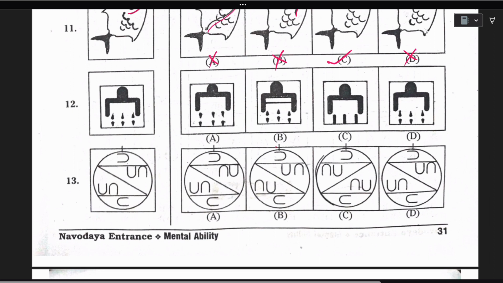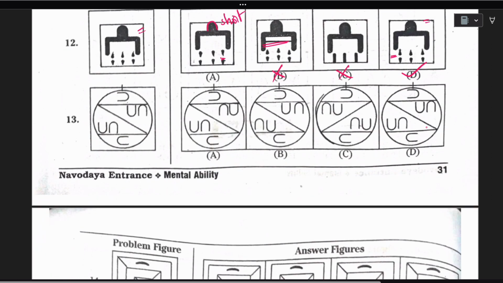Here in this 12th question, this B is having this extra line, so it is eliminated. And here there are 6 figures, but in C there are only 3 figures, so C is also eliminated. So we will be checking A and D. Just compare these figures and check which one is correct. Okay, here these dots are a bit different, and also this head part is short, not exactly like the question. Here see, D is exactly matching in all these 6 figures and also with the head part, the length of the head, so we will be selecting D as our correct answer.